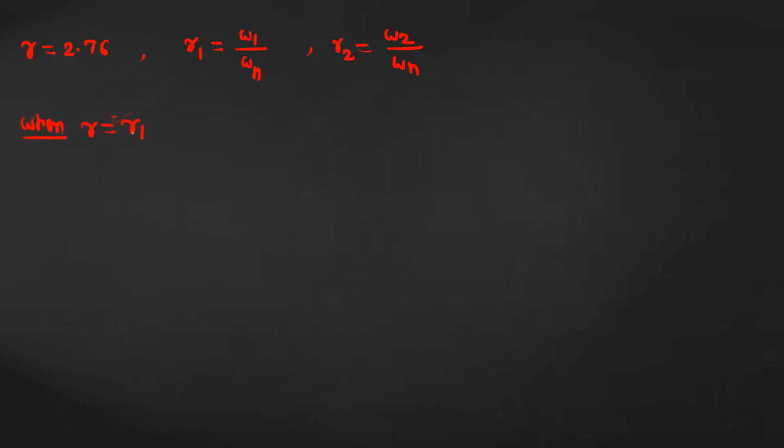So when R is equal to R1, this is 2.76, which is equal to omega 1 value 167.55 upon omega n. For the omega n, we have the formula: one is square root k upon m, and the second formula is in terms of static deflection. You have already studied this in module 3, basic concepts of vibration. This is square root of g, that is 9.81, upon static deflection delta. So I will write directly here square root g upon static deflection delta 1. And then calculate the value of delta 1.